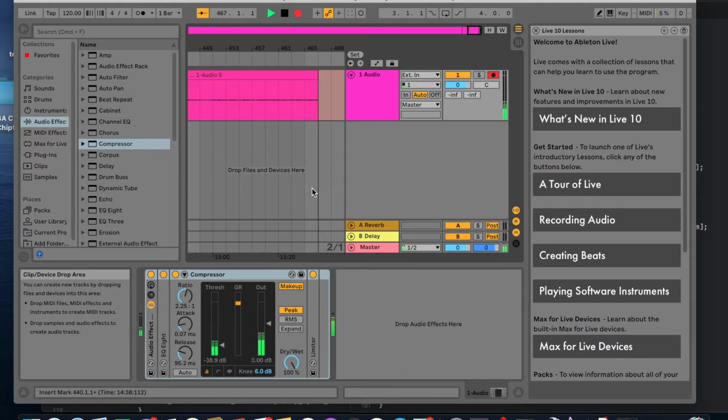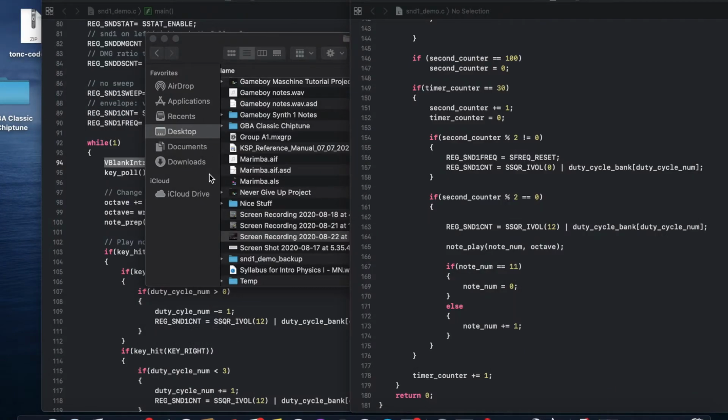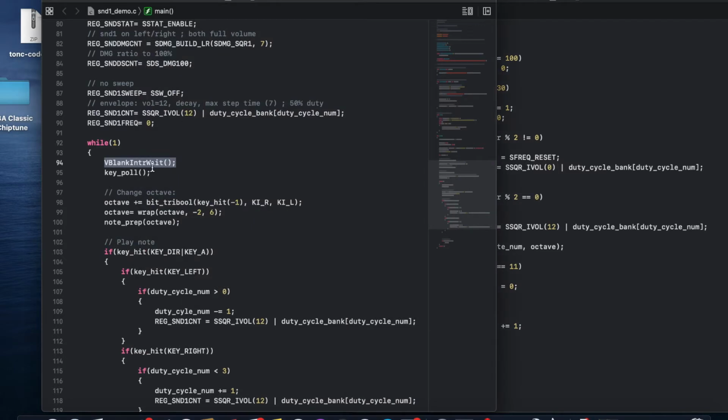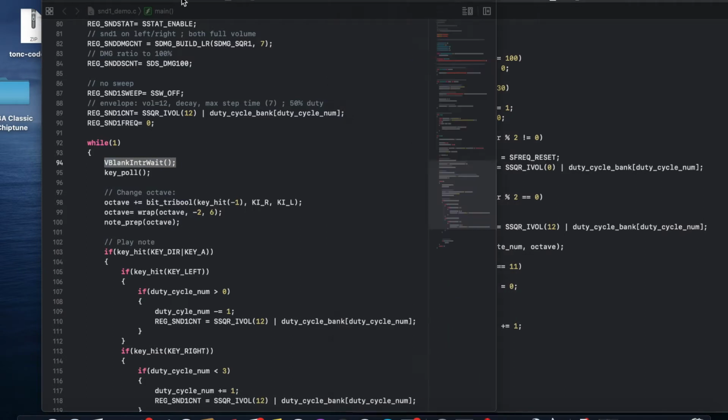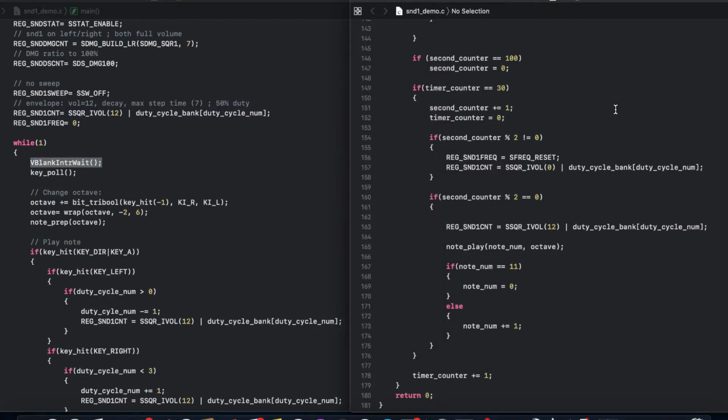I know Logic Pro just came up with a new sampler which allows you to take a big long audio file of notes, and it will look for silence in that file and trim it to each of the samples, which allows you to create an instrument out of that. So it's important that we have that little block of silence there. That's why this V blank is so important, because it helps us come up with the timing to develop this timer,